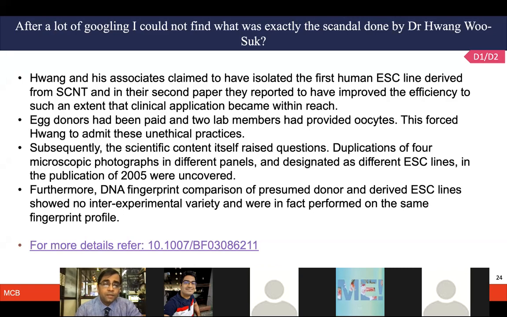And that's where when he showed about somatic cell nuclear transfer technology, SCNT, people in the scientific field found that it is not reproducible. A lot of questions were raised, and then many observations came that some of the figures they have shown in the paper were actually not correct. Those were duplication of the same thing in different ways of presentation. Also, some of the acts which they have taken for the experiments had not gone through the ethical practices